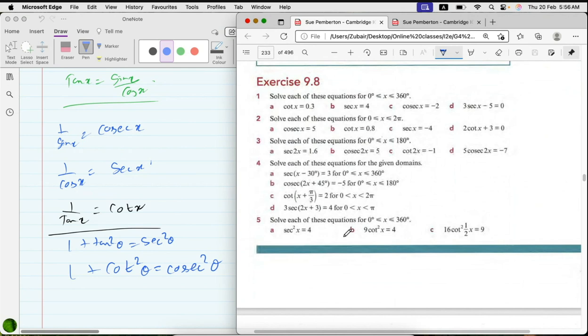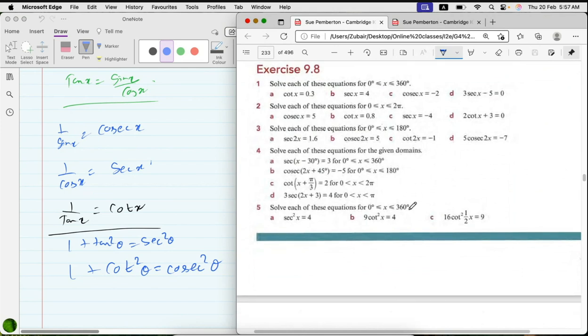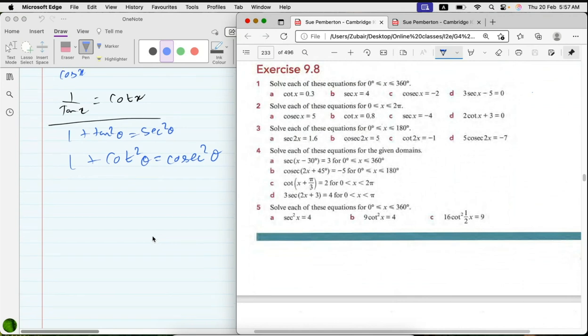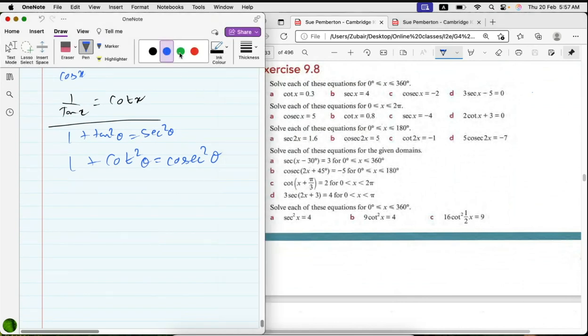This is the third and last exercise of the chapter. I think we should directly come to question number 4. Have a quick look at 1, 2, 3. If it's okay, we can skip them and come to question 4 directly. Okay. Unless we just apply those identities, everything else would be same. Exercise 9.8,